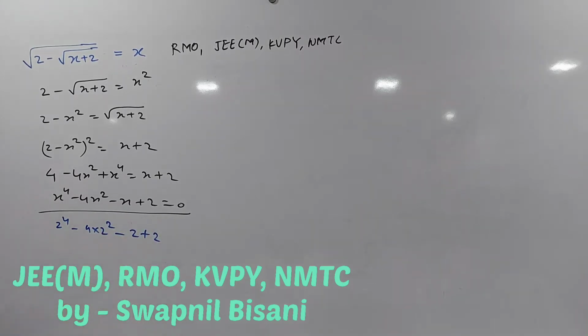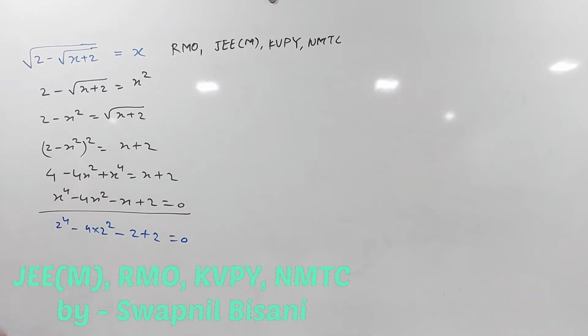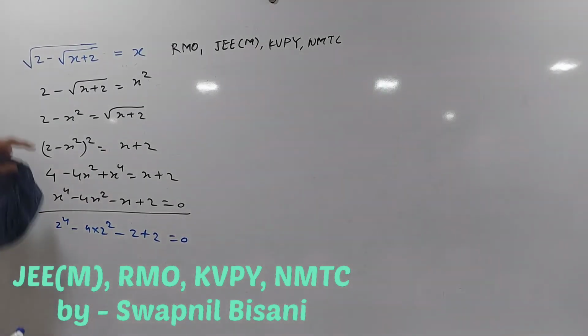So if you observe this, you are getting your answer. You are getting 0. This is 16 and this is 4 4s are 16. 16 minus 16 is 0 and this is 0. So you will jump and say okay, 2 is one of the solutions. But yes, put x equal to 2 in the original equation. Check what will happen.